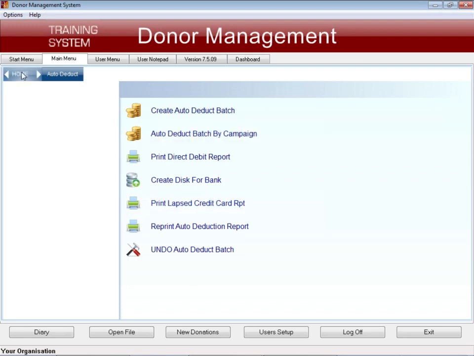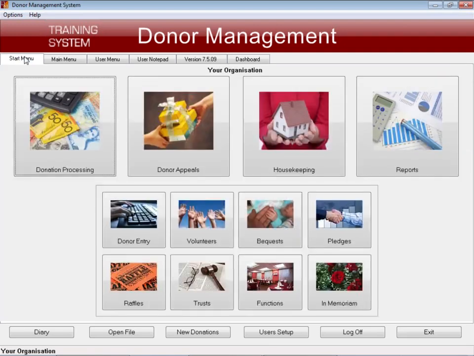No, that's only if it's a membership campaign, and only if you try and create a second membership campaign for the same donor. That's in the donation processing program. It'll always do that. It'll warn you and say this person's already got a membership pledge. This is trying to avoid you, because usually a person only has one membership. I mean, it's not impossible. If you, for example, had two different sorts of memberships, you might have the Club of 1,000 and the Special Club, and somebody could be a member of both, in which case you'd say, yes, I do want to create a second pledge. But if you try and create a second pledge, it will come back to you and say that.